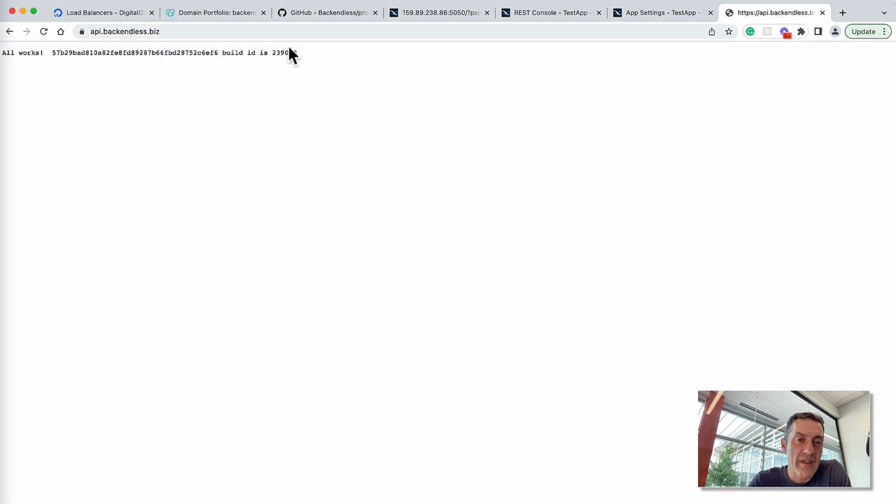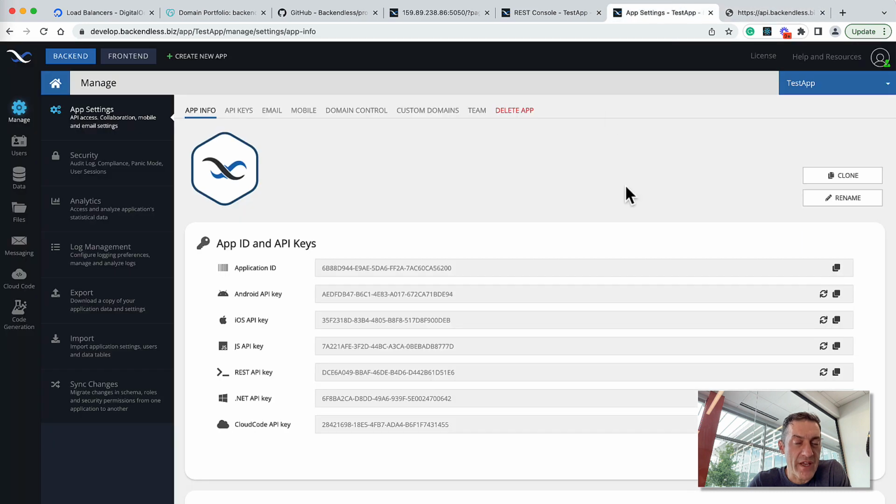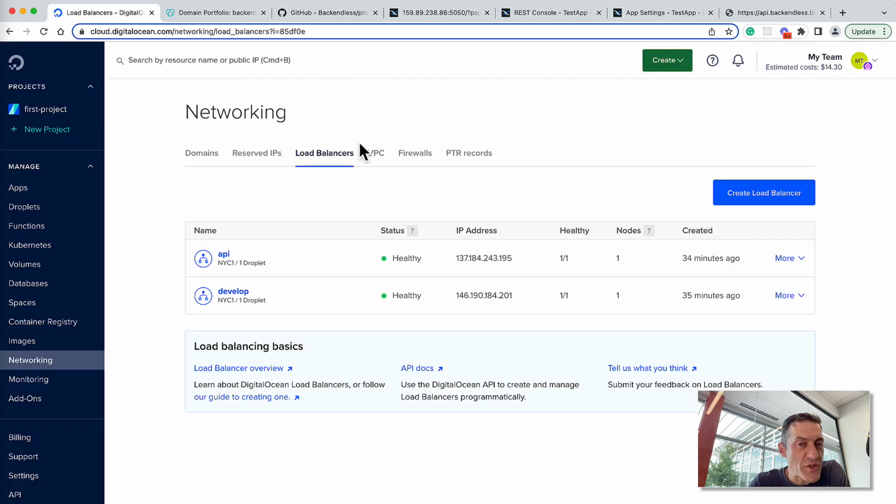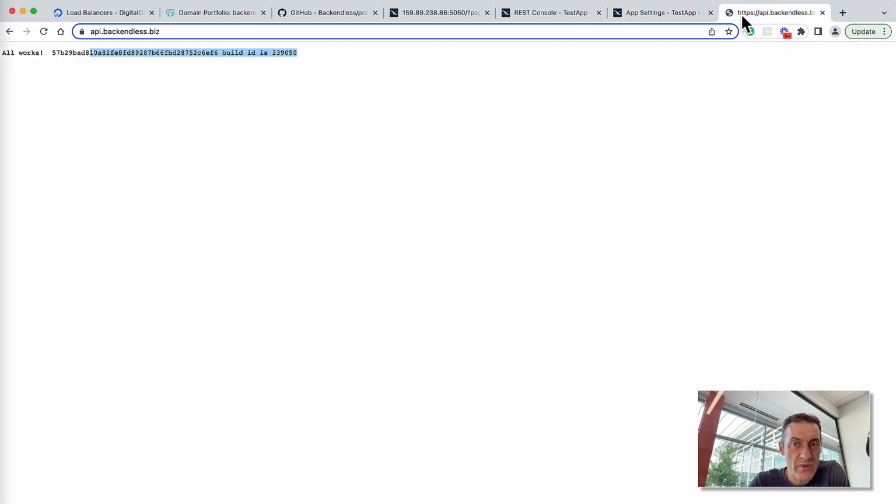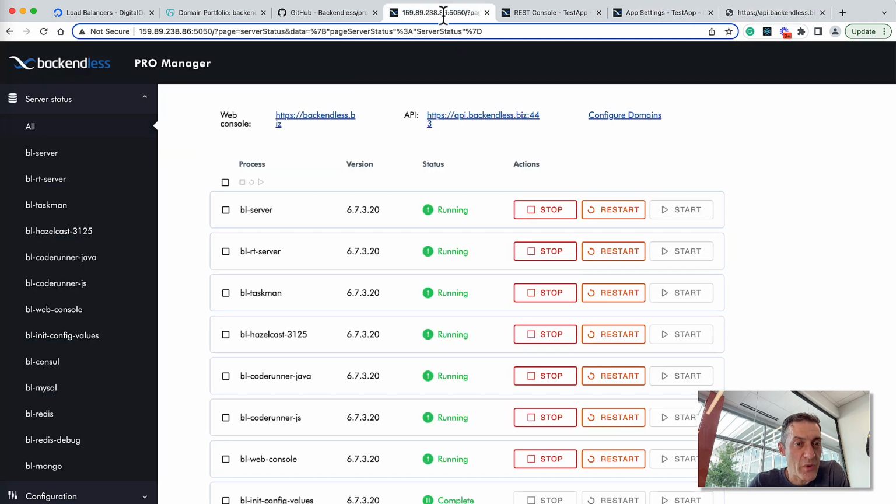All works. This may not work right away. For me, it took some time, about maybe 30 minutes or so. Of course, the video makes it look much quicker, but it is not instant, and there is some magic going on the DigitalOcean side, perhaps with DNS, but if you did follow all the steps, then this will work exactly as I did show. So now with these two domains in place, if we go back to Backendless Pro Manager,